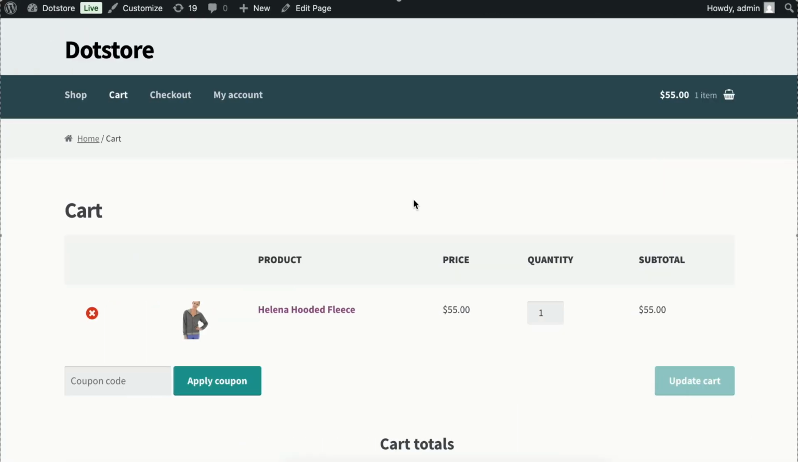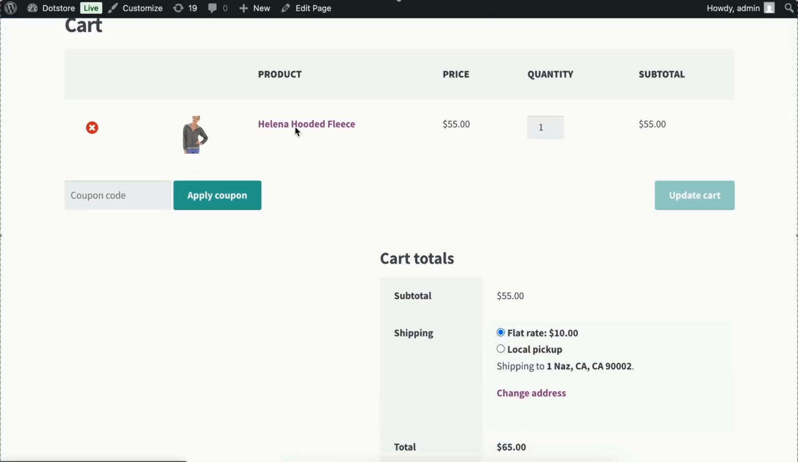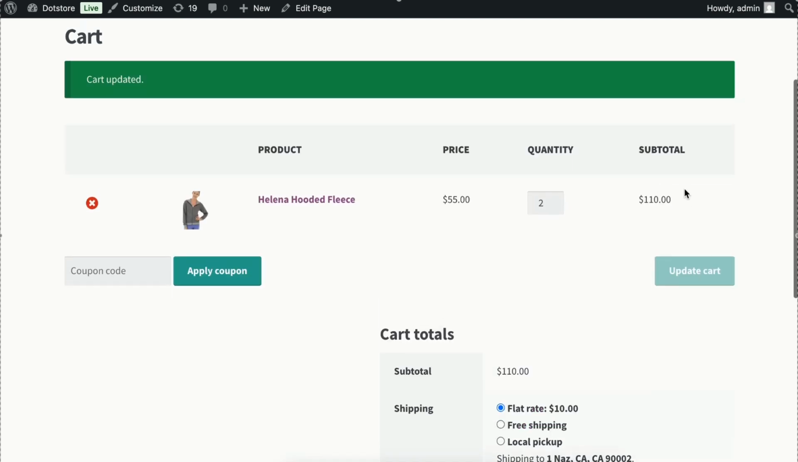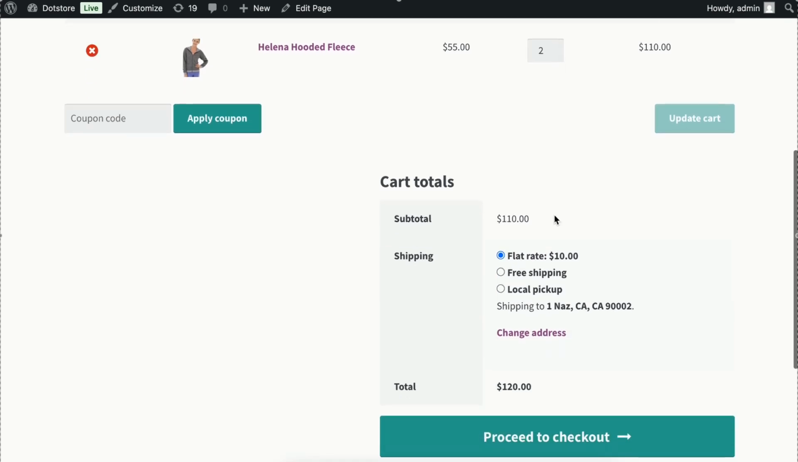We are currently on the cart page of our online store where we've added one product item to the cart. As you can see, we currently have 2 shipping methods available here: flat rate and local pickup. Since we've configured the minimum subtotal order amount for free shipping, let's increase the quantity of this item to exceed the $59 subtotal amount. Now that our subtotal is above $59, we can see the free shipping option also available